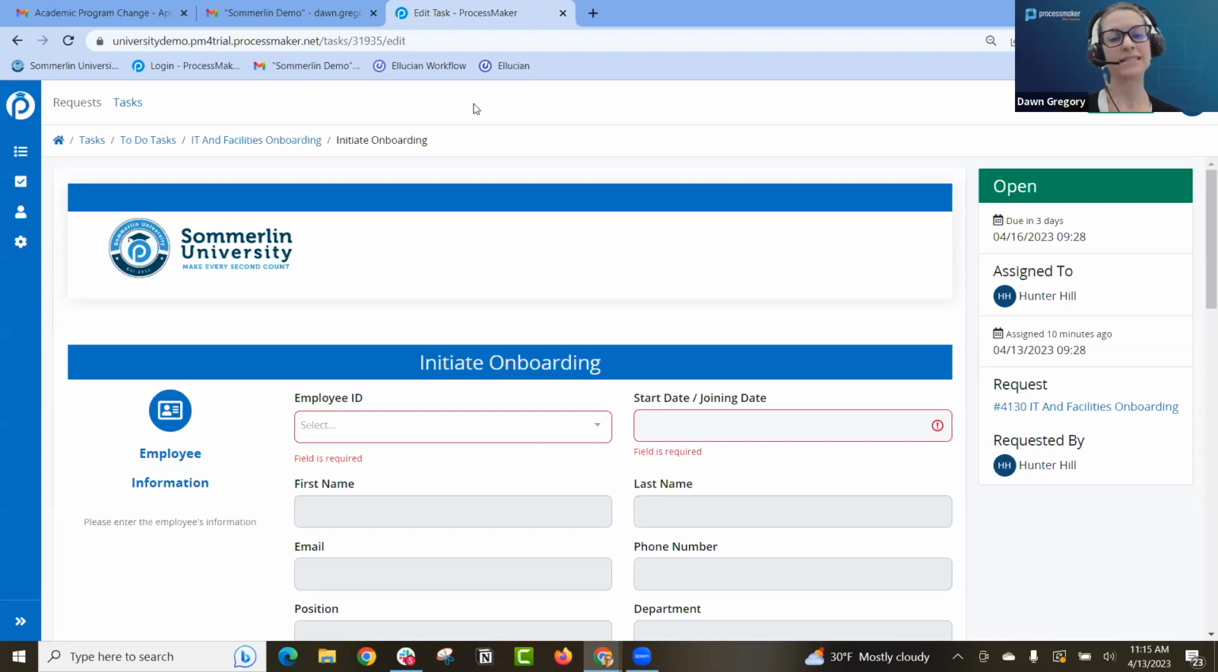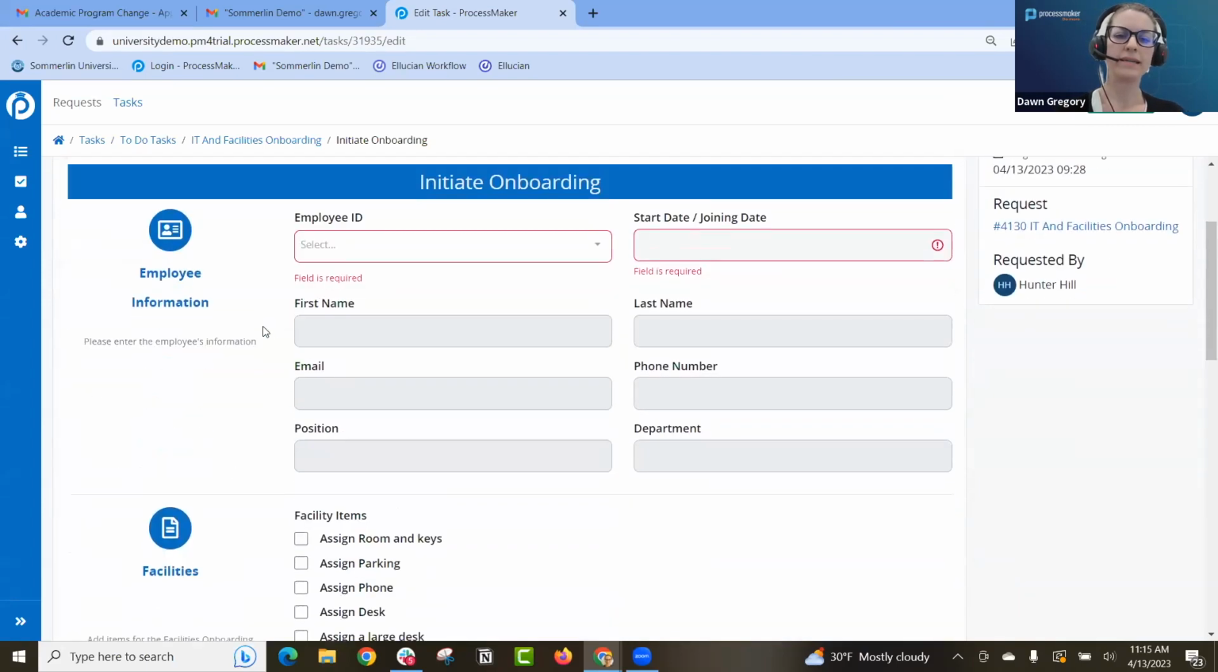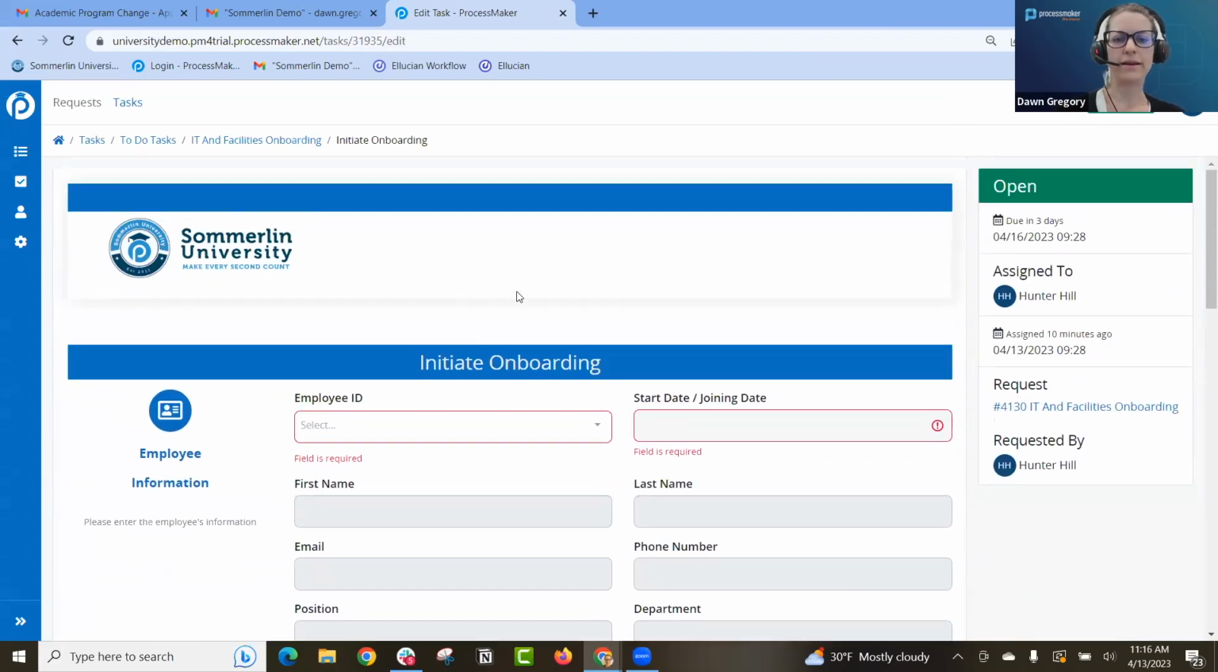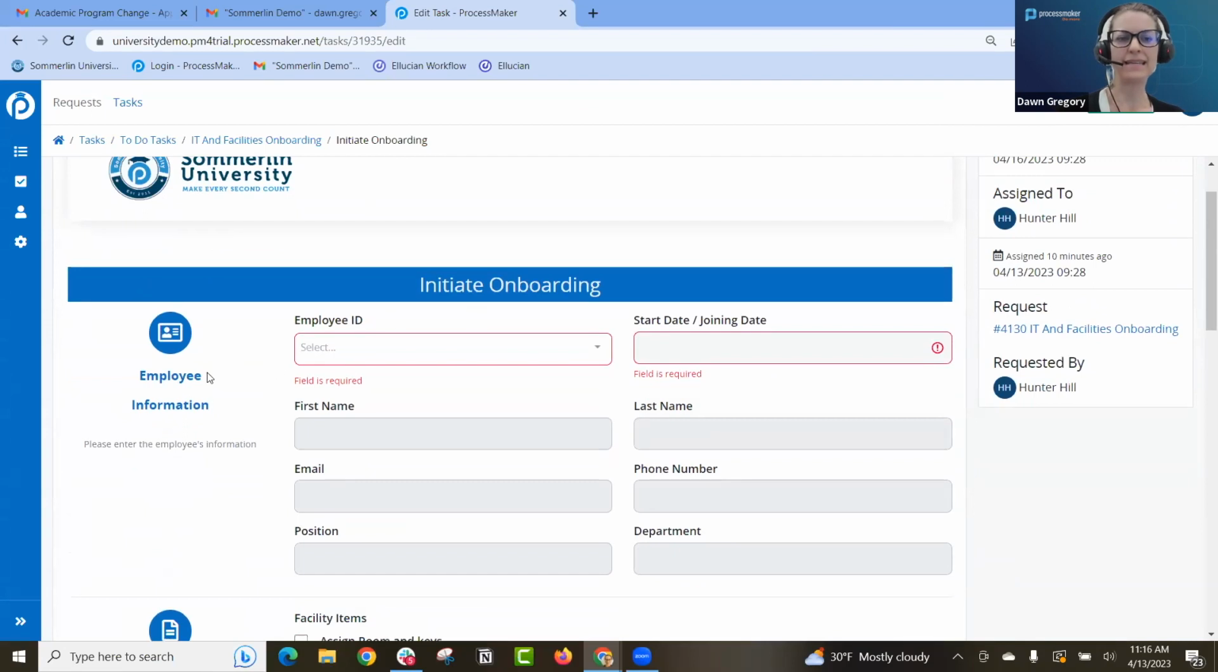This is one of the standalone templates. So this is available both on Ellucian's website and on ProcessMaker's website. So we have those all available for our Ellucian workflow customers. This one is the employee onboarding process. As I said, it is standalone, so this doesn't currently have any integration with